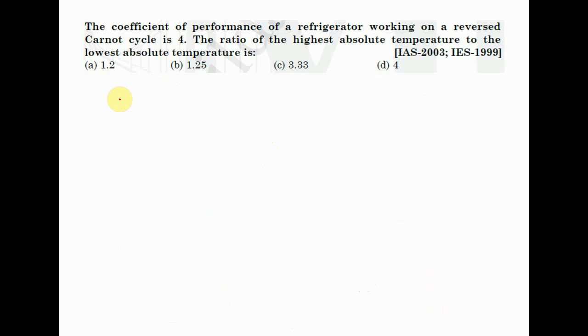The coefficient of performance of a refrigerator working on a reversible Carnot cycle is 4. The ratio of the highest absolute temperature to the lowest absolute temperature is? So go with the basics. The coefficient of performance of a refrigerator, so it is saying